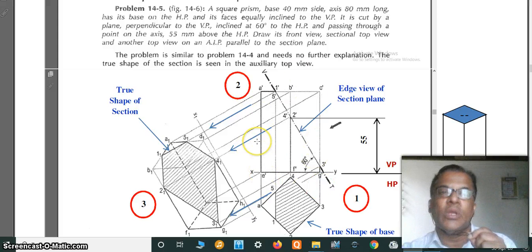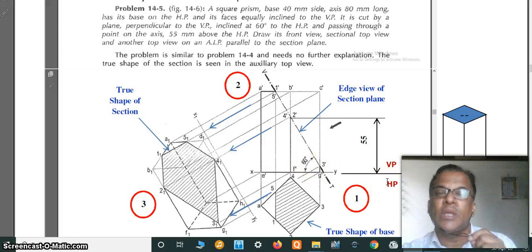So after drawing view number 2 from the projection from view number 1, then the cutting plane. So the sectional plane or cutting plane is cut by a plane perpendicular to VP. Yes, in the VP there is an edge. That is very important. Incline is 60 to HP. So the angle with the HP you can see in the VP. So this particular edge view should be inclined at an angle 60 in the VP, because that is the angle with HP.